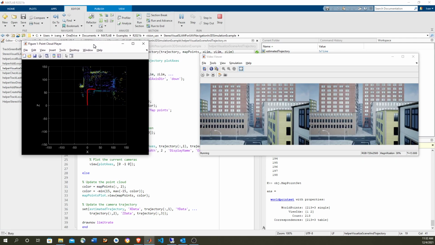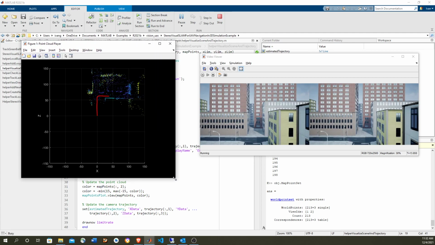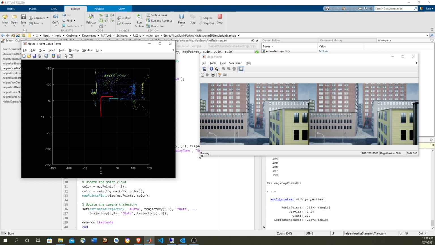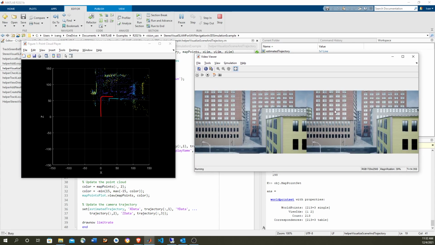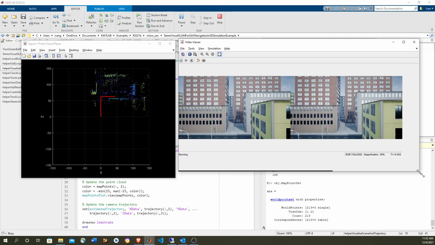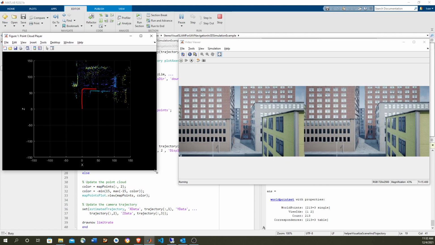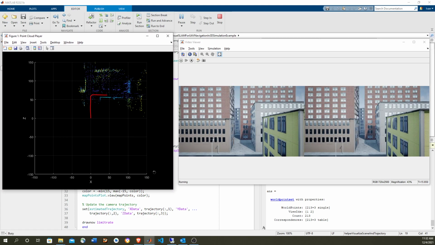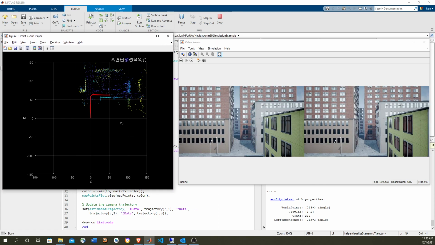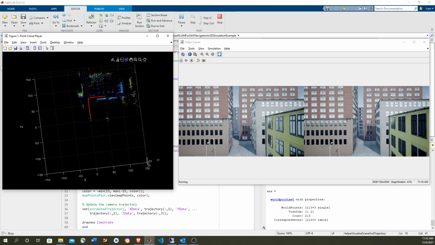Okay, so yeah, it's going through a city. I think it already gave a turn. It's going to give a turn soon. Let's just expand this a little bit. Okay, so soon it's going to give a turn. Notice how it's accumulated the three-dimensional points,